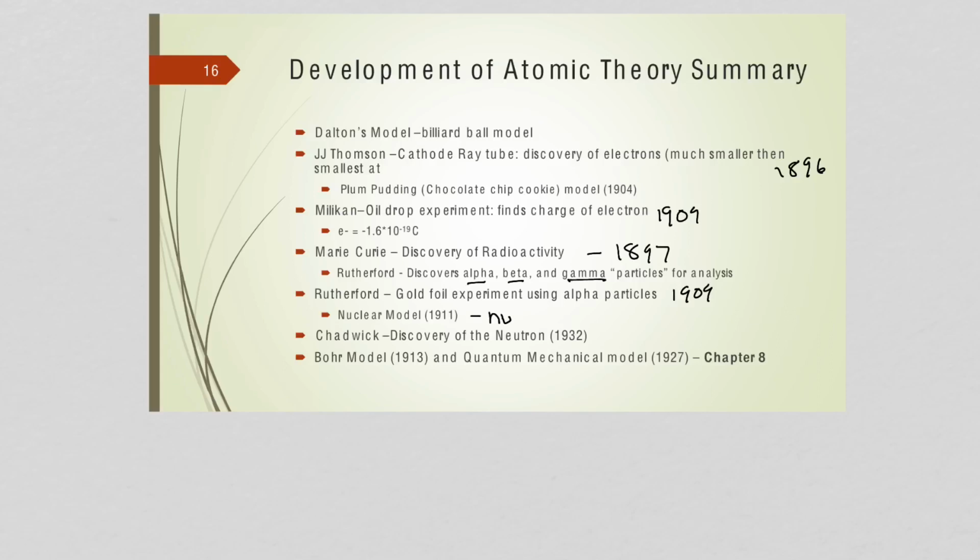gives us the nucleus, and protons, right? So at this point, we have the nucleus, we have the electrons around the nucleus, we have these positive protons within the nucleus, and then a few years later, right, Chadwick completes the picture,